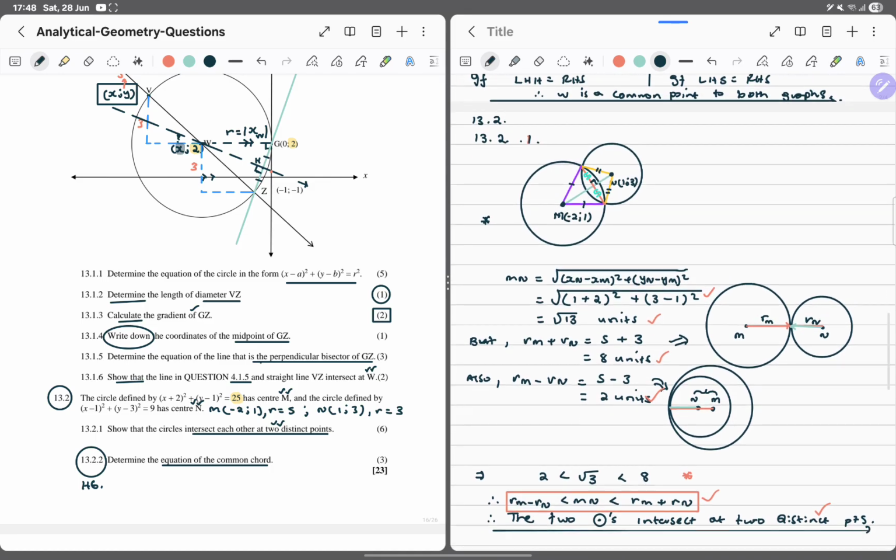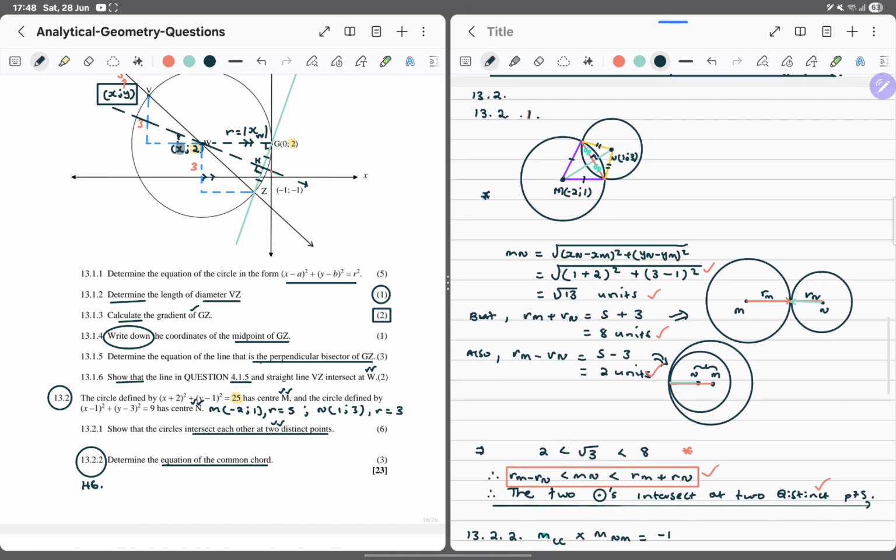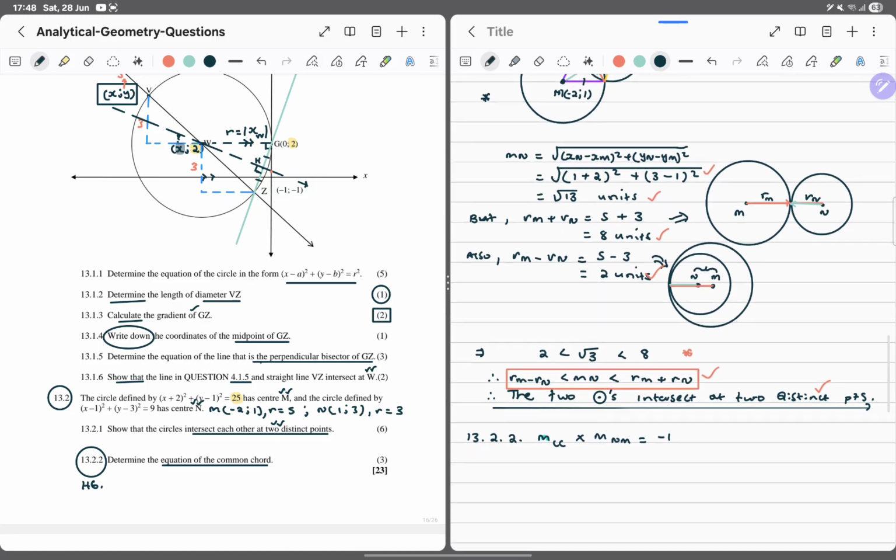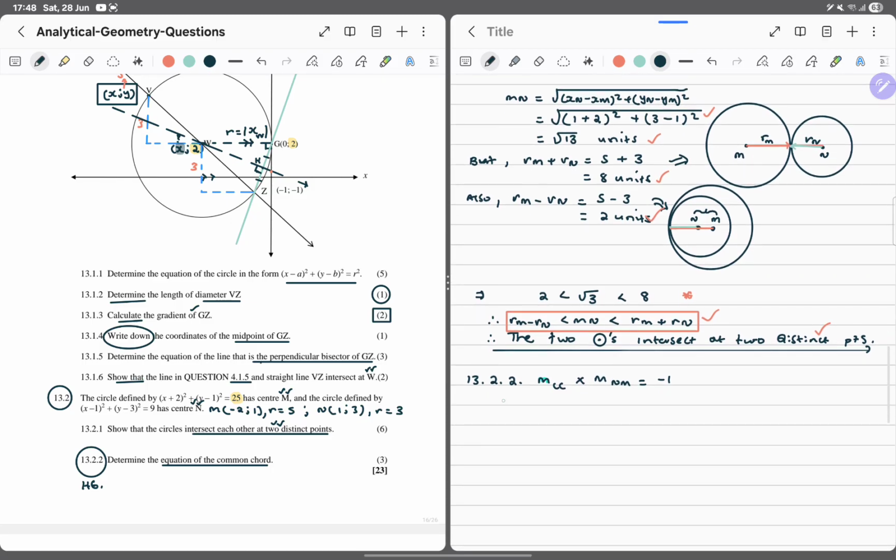As we can see, when we complete a quadrilateral on those points of intersections together with their centers, we form a kite. So this implies that the gradient of the common chord, we saw that the point is basically 3 minus 1 divided by 1 minus